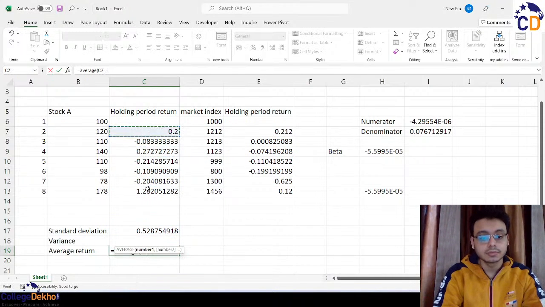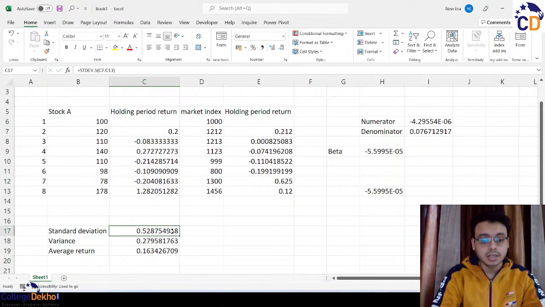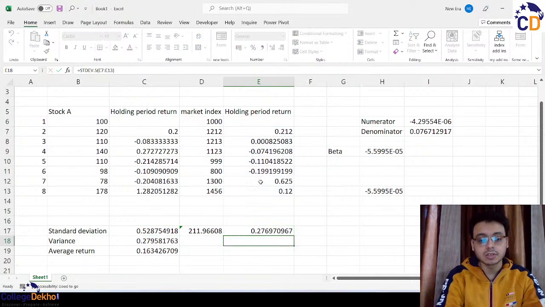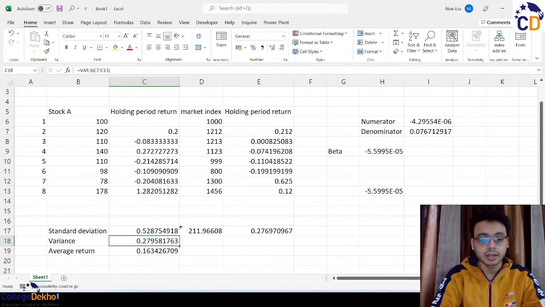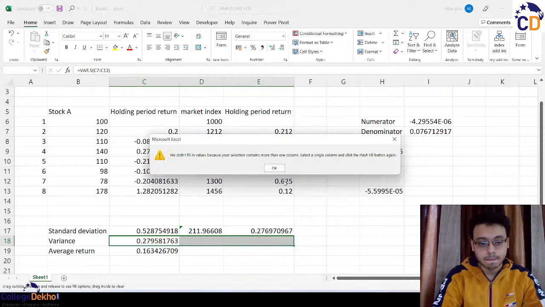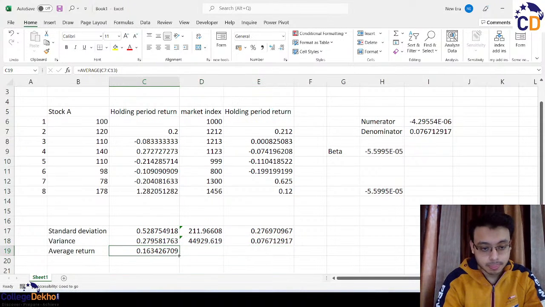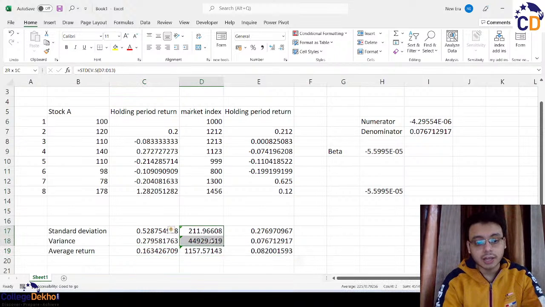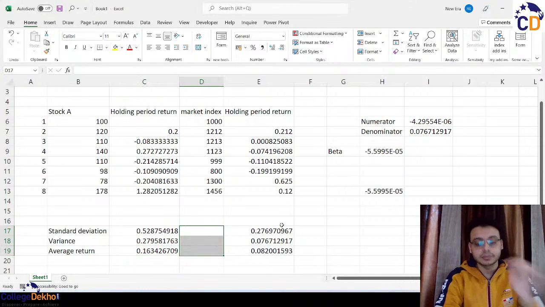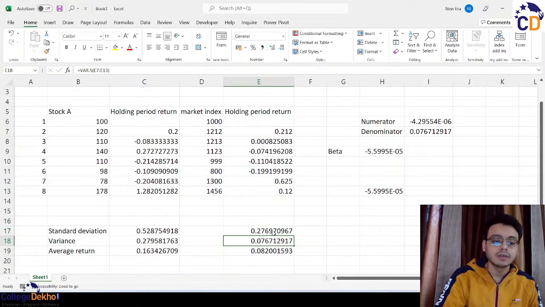Again you can go here, Control Shift Down, and similarly these things can be found for this as well. See, directly these values were found out. People can drag it to the right-hand side, and directly the values would come in. Just calculated for the returns, you directly got the standard deviation and the variance